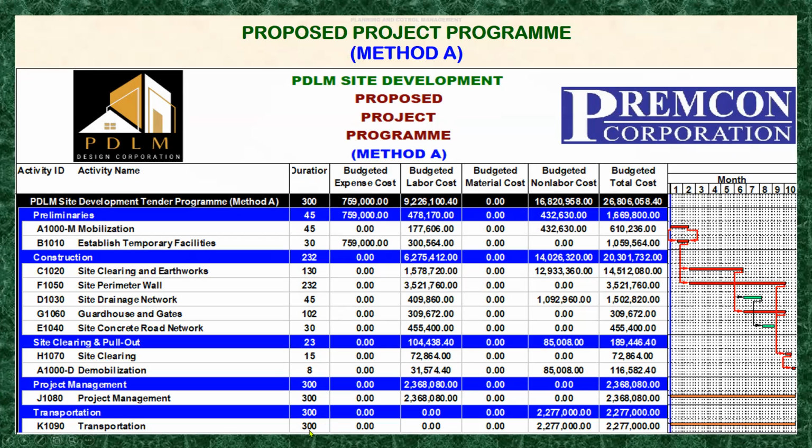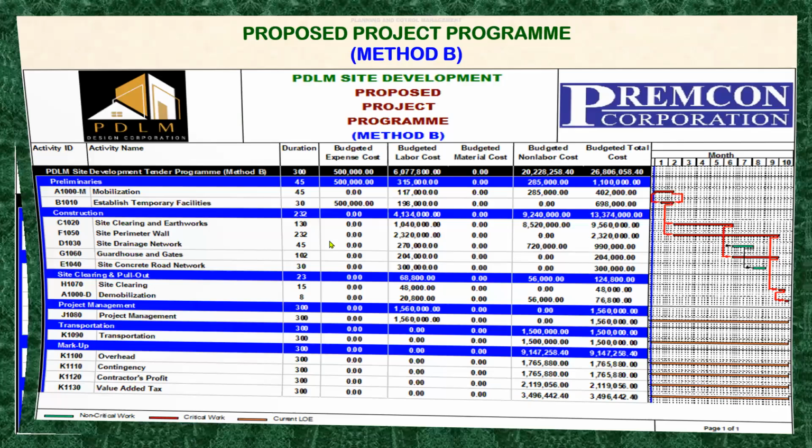If you look at the method A budgeted expense, all of these items, the labor, materials, non-labor cost, and the markup cost, are already consolidated in each of these activities. And we have here our total of 26,806,058.40. And then our method B,